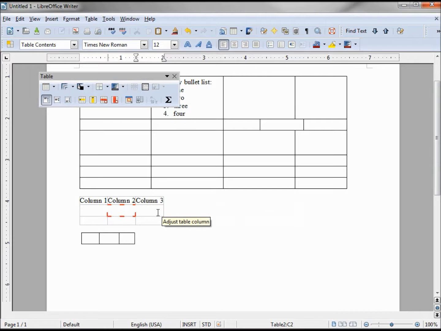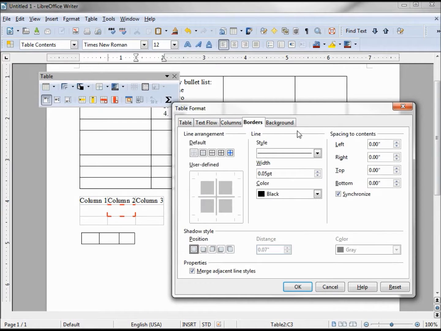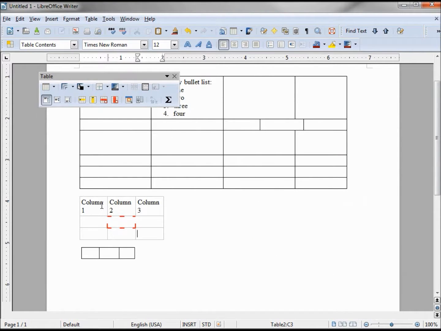Looks kind of tight. To fix that, we can go into our paragraph settings, as we've seen in the past, or go into our table properties. Clicking that, we'll go into our borders, and then our spacings to content. Let's add to the left, maybe 4 to the right. Okay, it's synchronizing all, so that's fine. We'll use that. Clicking OK, it looks a little off. So let's select this all again. Select all 3 columns and optimize our columns. That looks a little nicer.